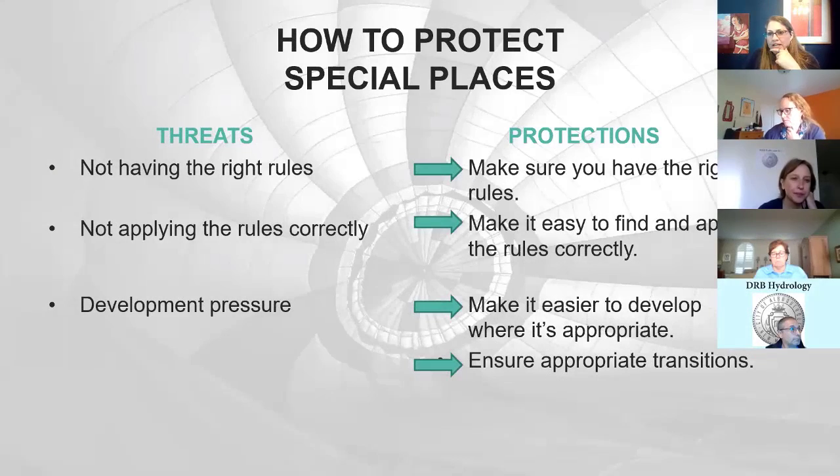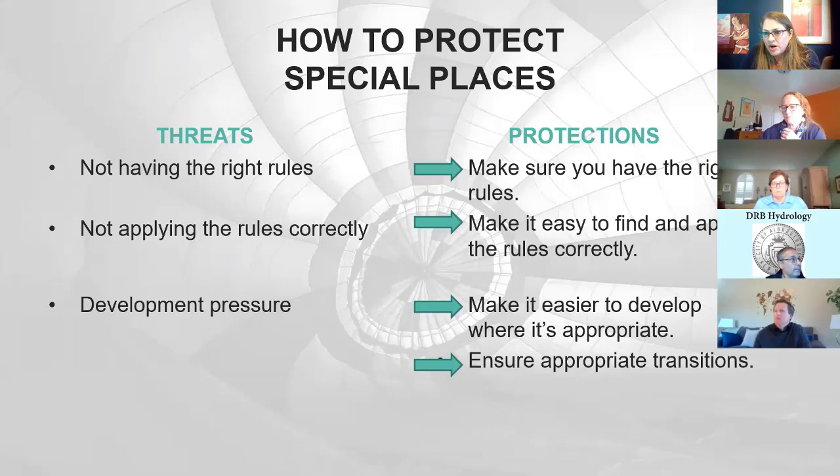In terms of the strategy here, one of the things that we get asked about a lot is why can't everybody have a special rule for everything? And the answer is we would never find the rules. Part of the problem with the old system was we missed things because there were so many plans to look in, multiple plans applying to a particular property. Part of the improvement under the IDO is that you can find the rules that apply to a property